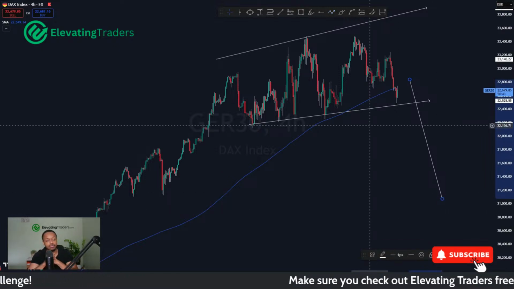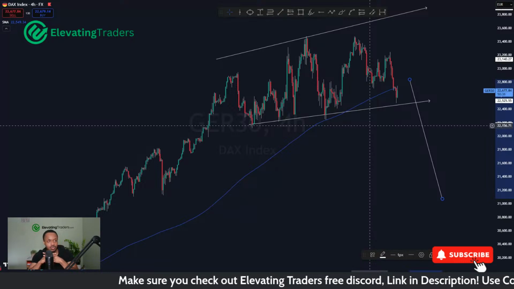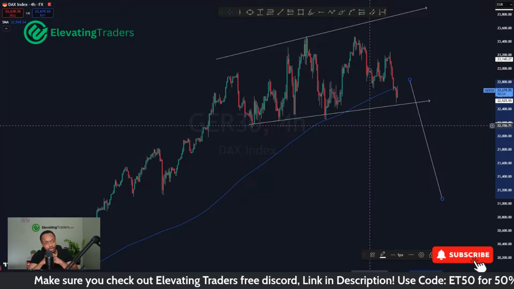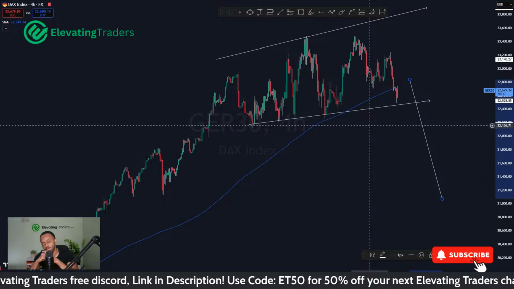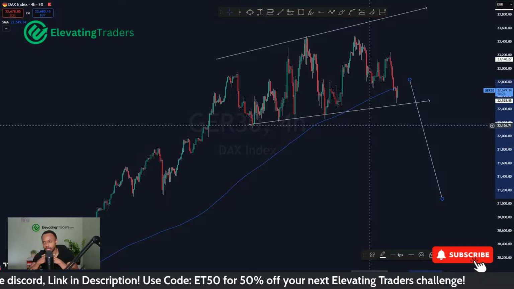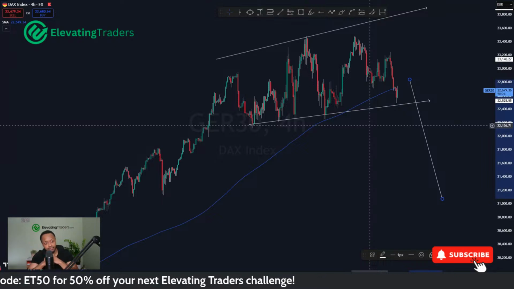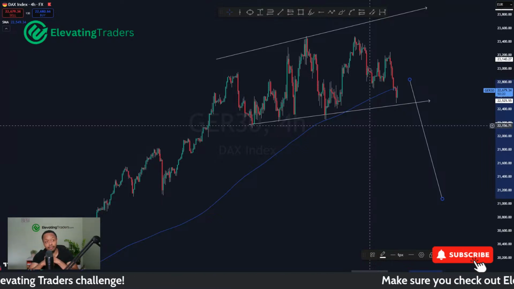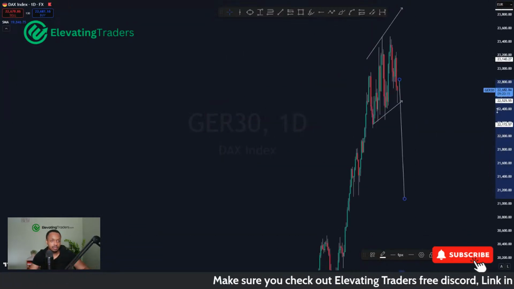To be honest, I'm looking for a bit of a pullback, especially if the US indices take a hit. I think the DAX will naturally follow suit a little bit, and we'll probably see some profit taking. Well, not profit taking, but running out of buys at least, because the DAX has been flying to the upside, and I think we'll probably see some profit taking as well. But we are definitely due a bit of a pullback at some point, even just a minor correction,